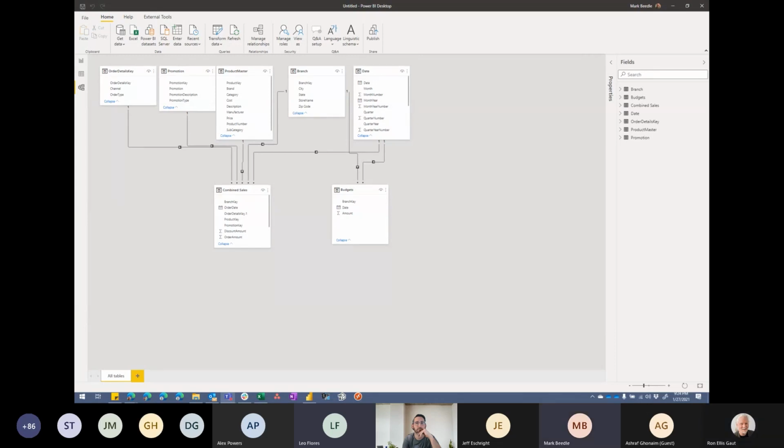So it might save a lot of time to just do that group by instead of going through and deleting all the columns and then removing duplicates. So just a heads up out there for people.